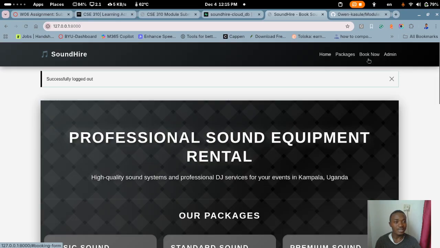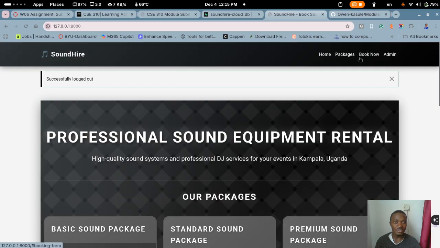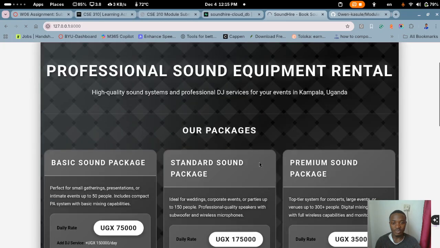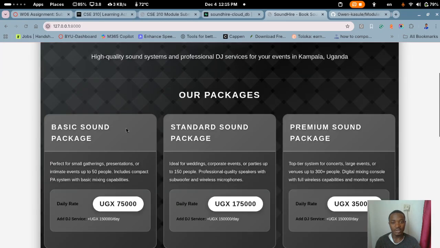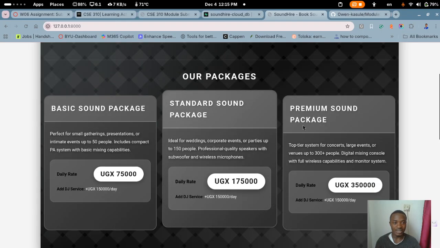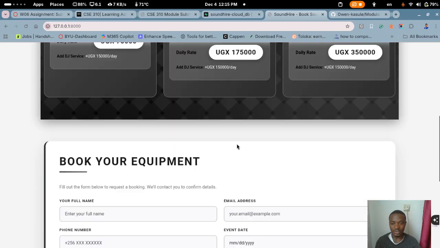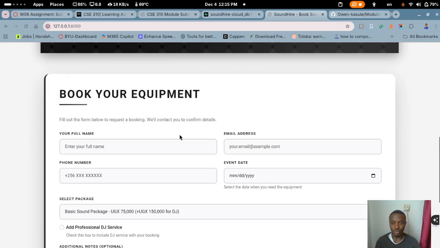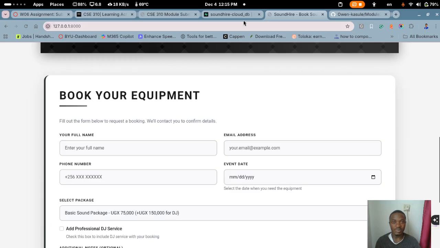So it has basically 4 pages: the home page, packages page, the booking page and the admin page. On the home page you have the 3 packages that are offered: the basic package, standard package, and the premium package. So I'll go ahead and try to make one booking and we'll see if it will be registered